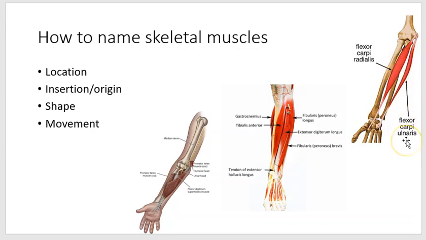And then, of course, here you have flexor carpi ulnaris doing the same thing, flexing the wrist, but on the medial side, on that ulnar side. Here's another one, tibialis anterior. This is just telling you it is anterior to the tibial bone, or the tibia. So when you're going through learning these muscle names, a lot of the times it's going to tell you where it is, or what it looks like, what's its insertion and origin, or what it does, or any combination of that. So these muscle names, if you can learn them, is going to help you